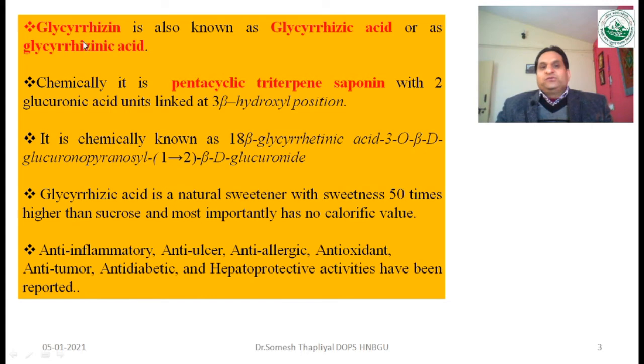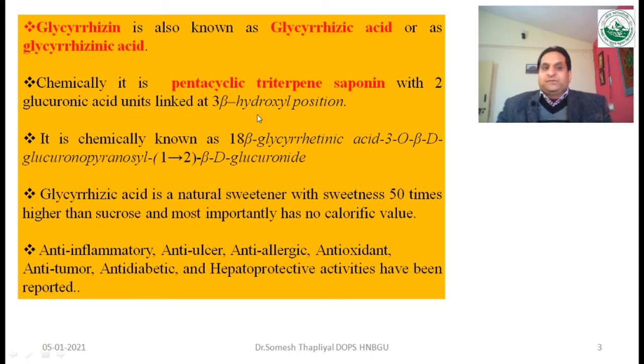The sugar portion is known as the glycon part, whereas the non-sugar portion is known as the aglycon part. So this triterpene saponin is the aglycon, the non-sugar part, and it is attached to the glucuronic acid by a link at the 3 beta